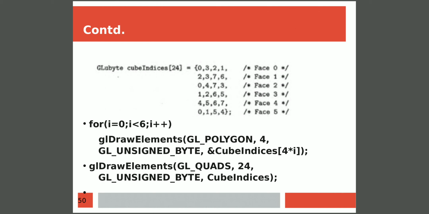Here quadrilateral is nothing but we are considering not a normal quadrilateral. Normal quadrilateral will take only 4 vertices. If you pass 5 vertices, then the fifth one will be discarded. If you give 6, the sixth one will be discarded. If you give 7 vertices, even 5, 6, 7 will be discarded. But if you give 8 vertices, 2 quadrilaterals will be formed. Here we are giving the number of vertices as 24, so it will take all 24 vertices which are specified in cube indices, and it will display totally 6 quadrilaterals which will form a cube.